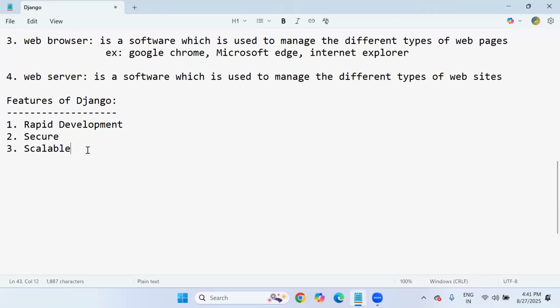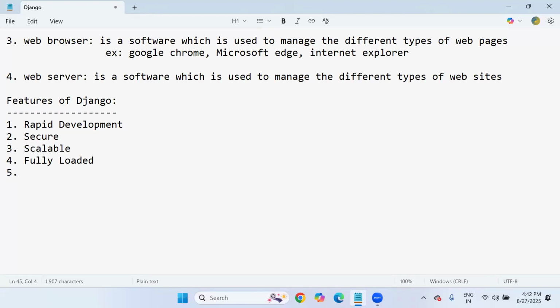The fourth feature is fully loaded. The moment we install the Django framework on our computer, it comes with a lot of libraries. Django includes various libraries and task modules which we can use to handle common web development tasks. Django takes care of user authentication, content administration, site maps, etc. All the libraries are available at any point of time in the development process.